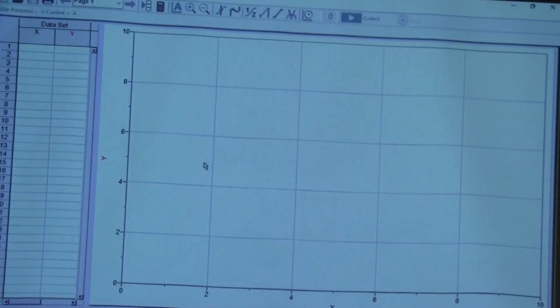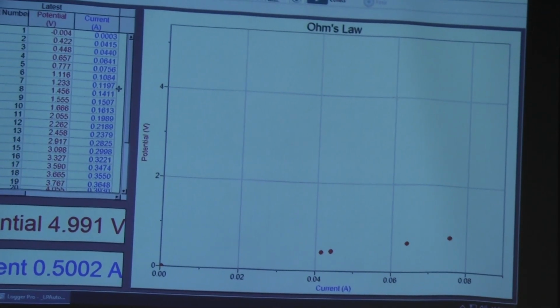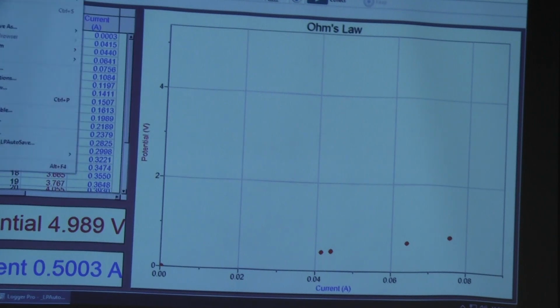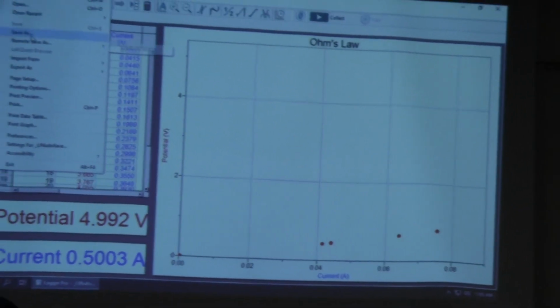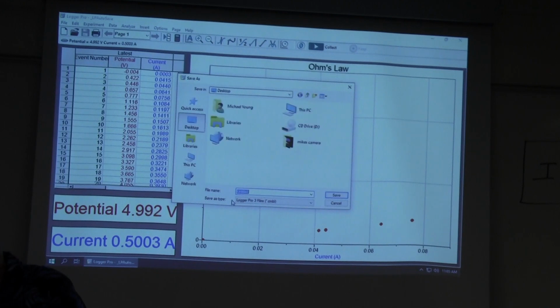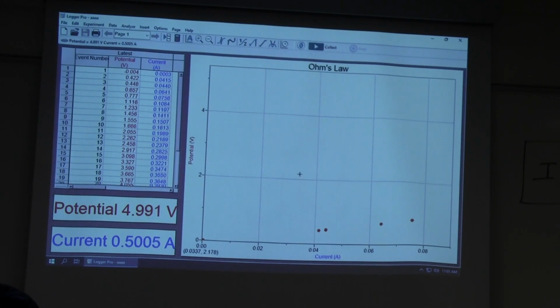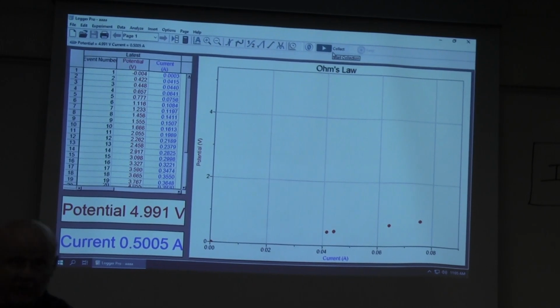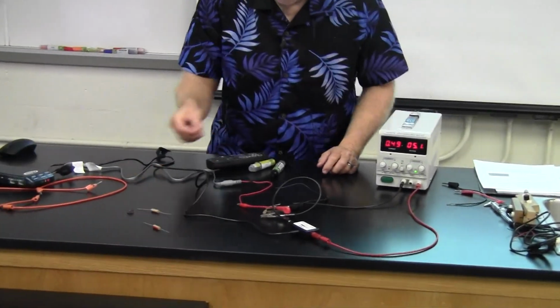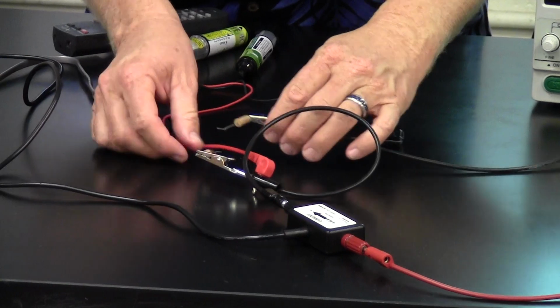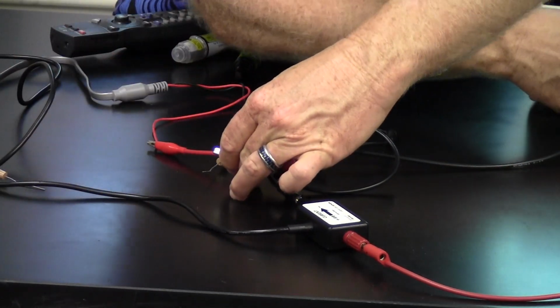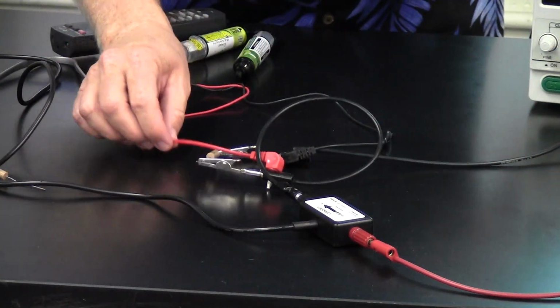Wait. Do the auto recovery. And so maybe it'll make it a little bit easier for me when I'm done here if I just save this for a second. And I'll just put it on my desktop as quadruple A, I'll just call it that, and save it. All right. Now I want to run this all again. So I'm going to go ahead and hit collect, although before I do, let me change my resistor. All right. So the second value is the red resistor. And so without changing anything other than replacing the blue resistor with the red resistor, let me